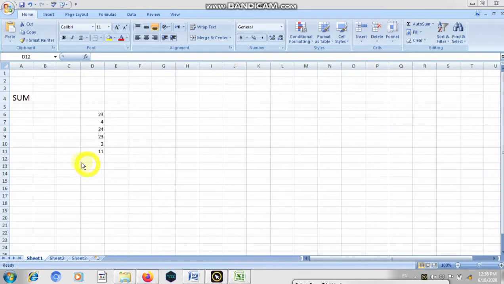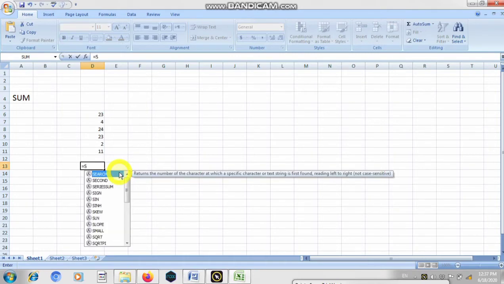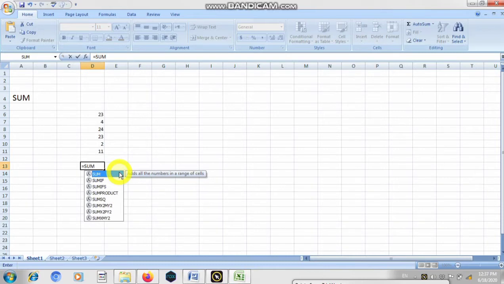If you want to calculate the sum of this list of numbers, you just click on the cell where you want the result. Insert the equal sign and then write the function. I'm going to write sum because I'm going to add all these values.